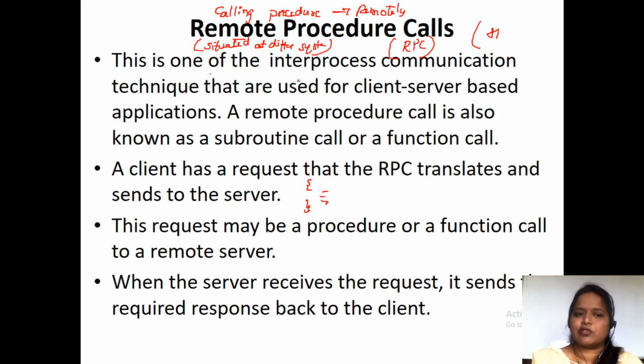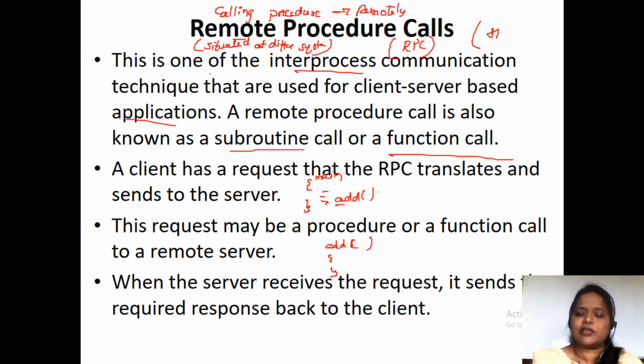It is also one of the inter-process communication techniques that is used for client-server based applications. A remote procedure call is also known as a subroutine call or a function call. As we all know what a function does, we write an add function call in the main function, but outside the main we have written the add function.